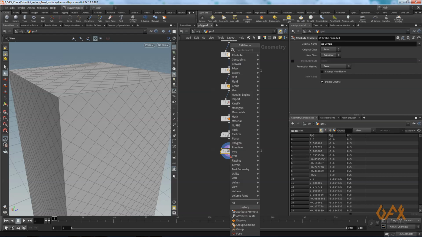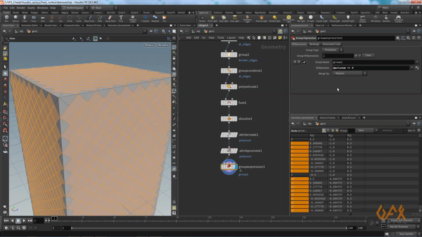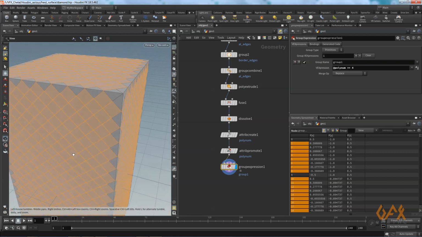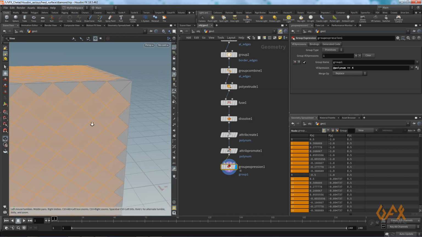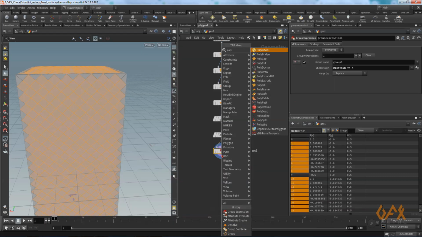Now over here I create a group expression, and in the VEX expression I set it to at polynum, because my attribute is polynum, is equal to 4. So see, we can get only the quad selection. Now I apply one poly extrude.